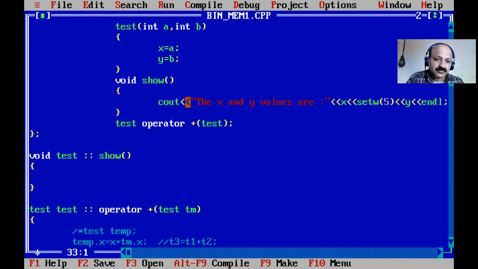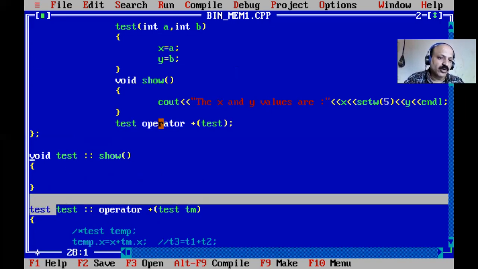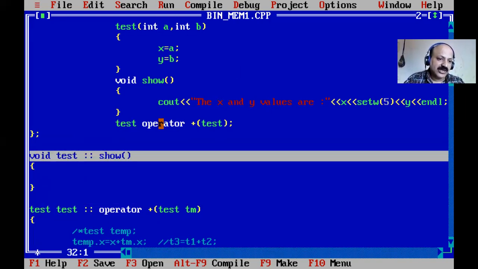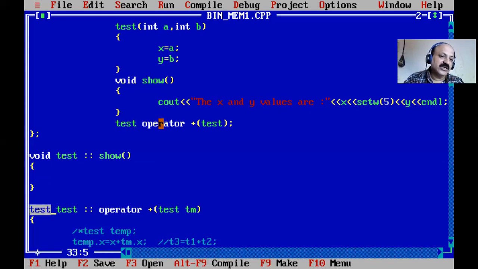So here our return data type is the class name itself. So we can write the test, yes, that is the return data type, and that is the class name, and the scope resolution operator. Same signature as I write for you, just for reference. So the same syntax. Here we can write void. Here we can write like integer, if the integer data type.